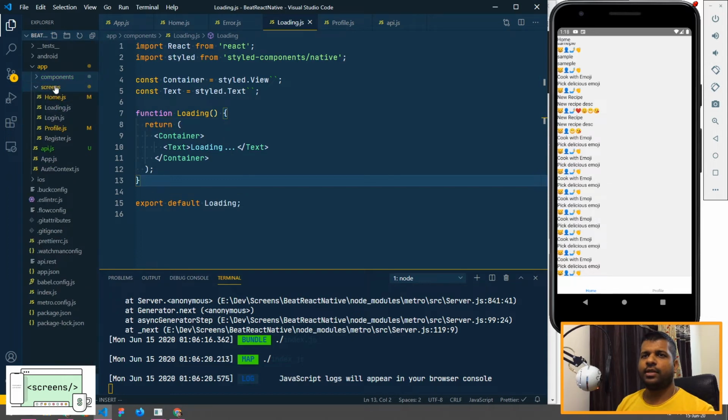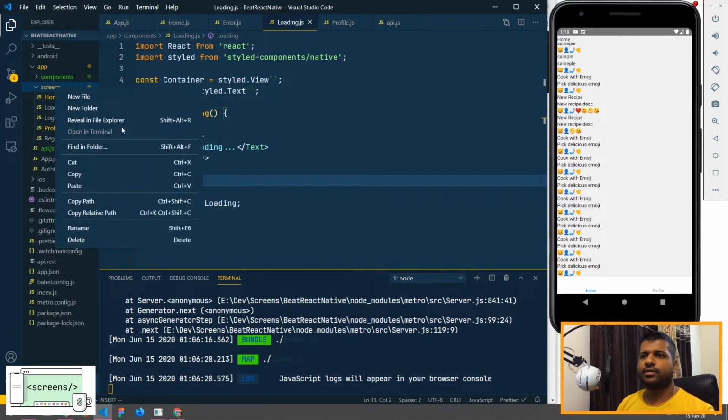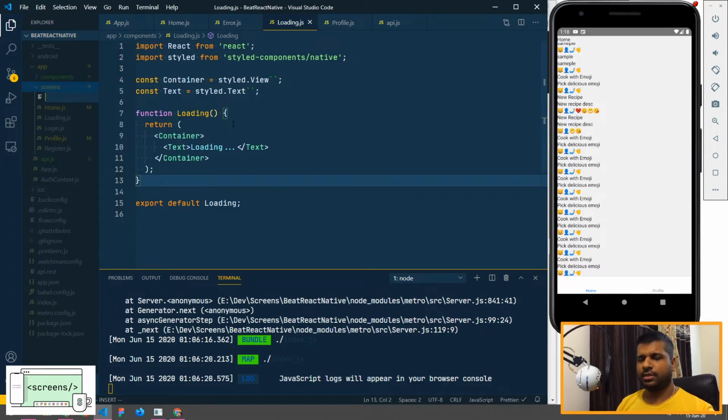Now we need to make the custom hook now. So I'll just create a custom hook. Let's call it use fetch loader.